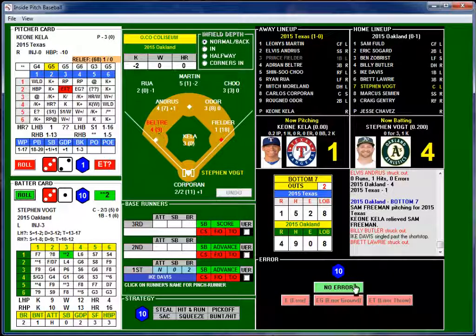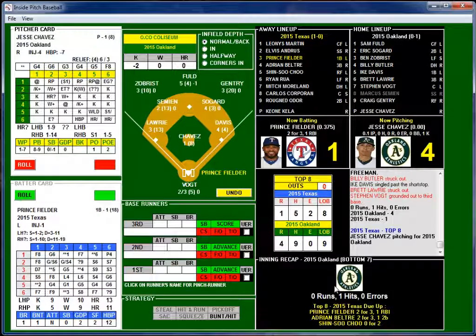Beltre is a 9. They rolled a 10, so no error on Beltre there. Whew. All right, top of 8, 4-1 Oakland.